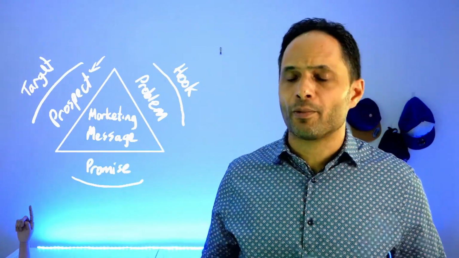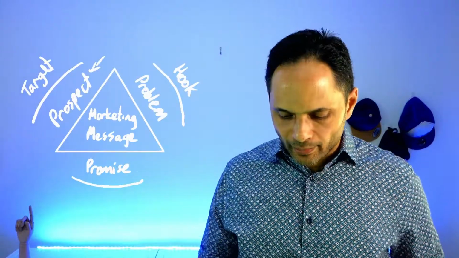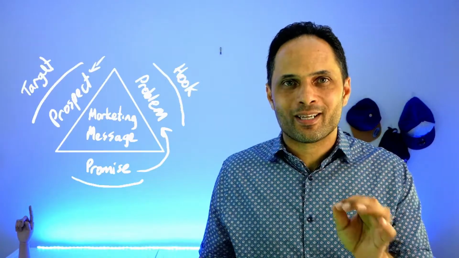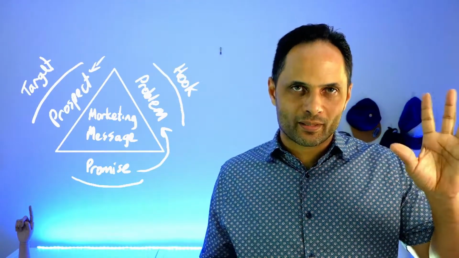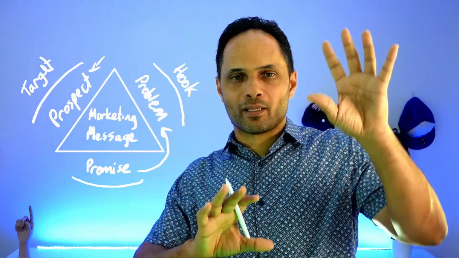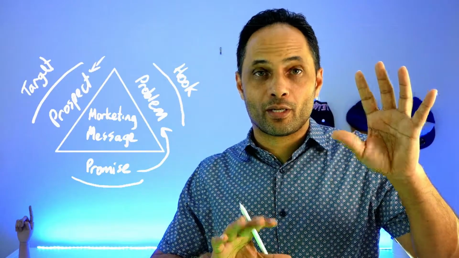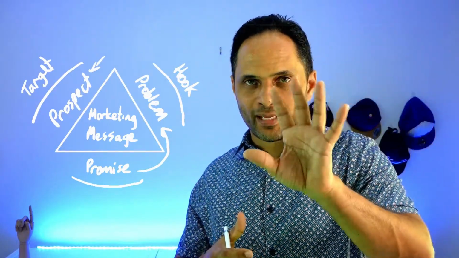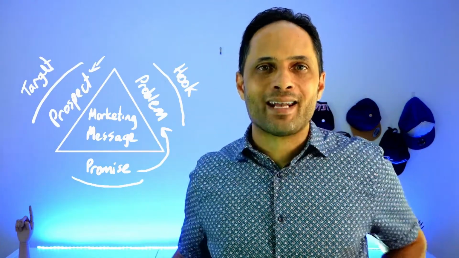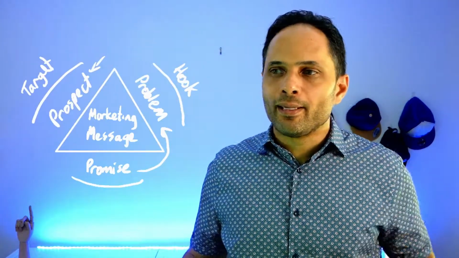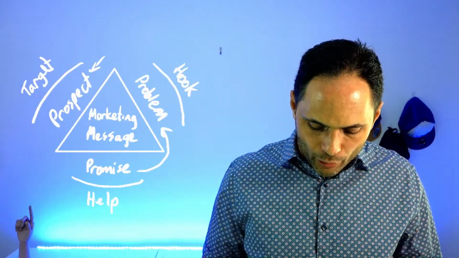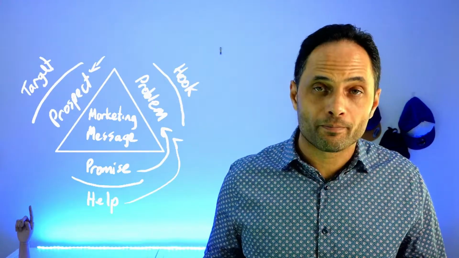And the key with this promise is that the promise has to be linked to the problem. It has to be very closely tied to the problem. If your promise is here and their pain point is here, there's a misalignment and they're not going to go ahead with you. But if their pain's here and your promise is right here, covering it, and they can see that they're aligned, that is how you win a client. And when you have a promise, what you're doing is showing them how you can help them solve the problem.